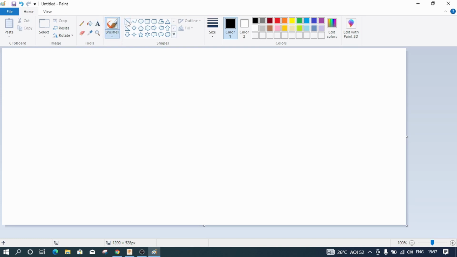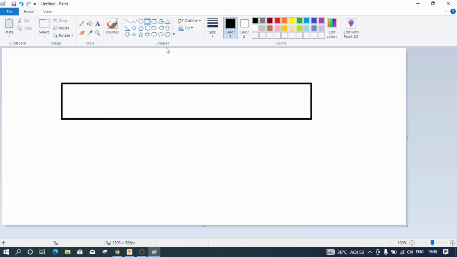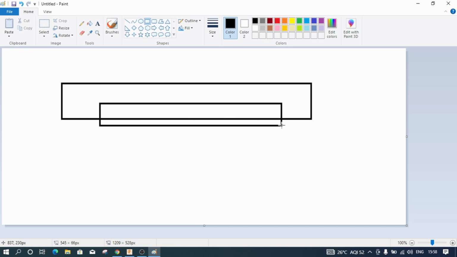In the last video we have seen there is an object like this. Let this be the top view of the body of the aircraft, and let this be the wing of the aircraft.